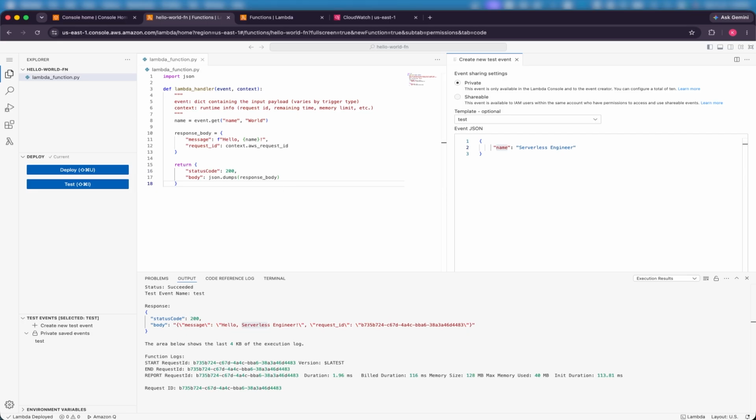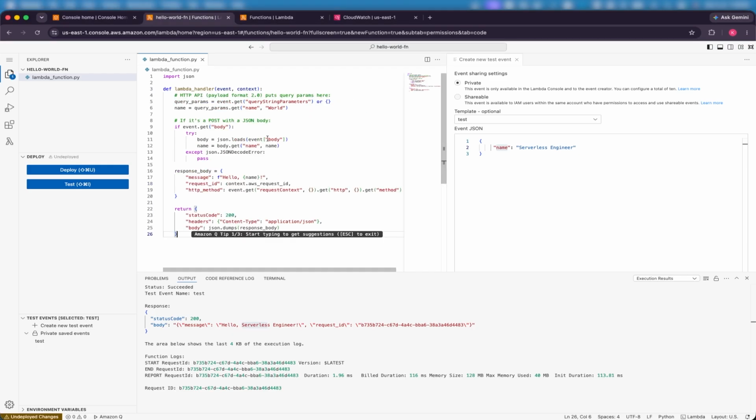First, I'm going to update my Lambda code. So now I have a very simple Lambda code. All that we are saying is that there is going to be an event coming in from an HTTP API, and once it comes in, we are going to parse the name. We are going to send in the name as part of the event coming into the Lambda from our API Gateway. We feed that out, and then we return a certain response to the end user. So this is the Lambda function. I'm just going to update my Lambda function, click on deploy, and then now I'll